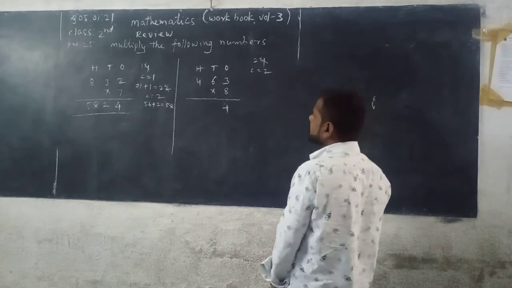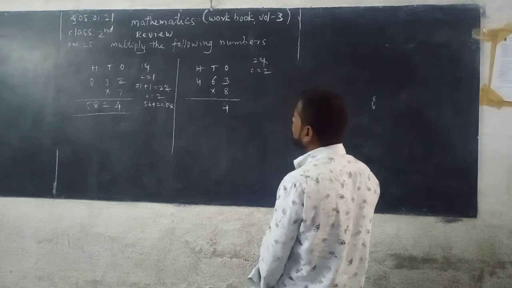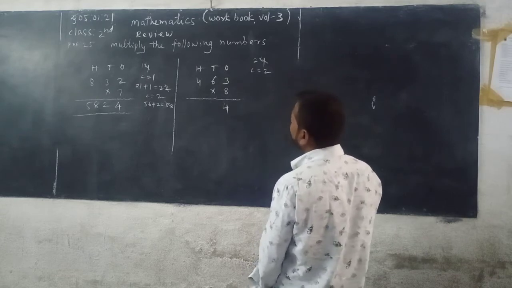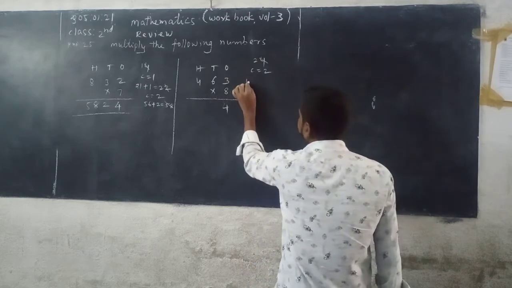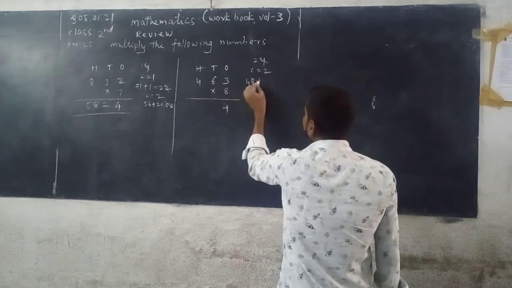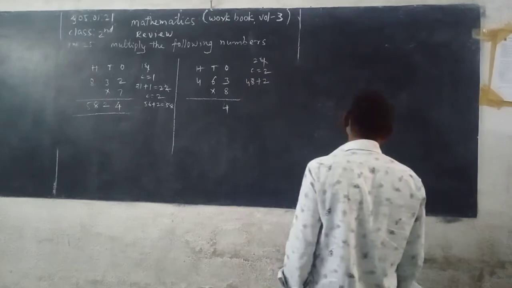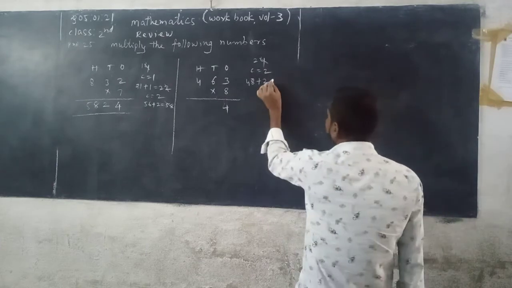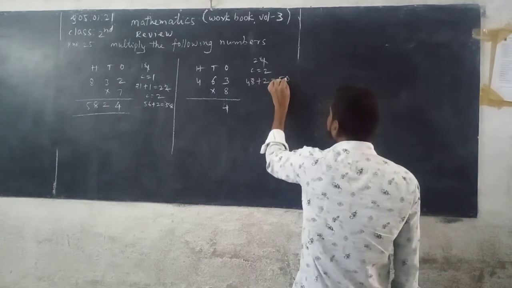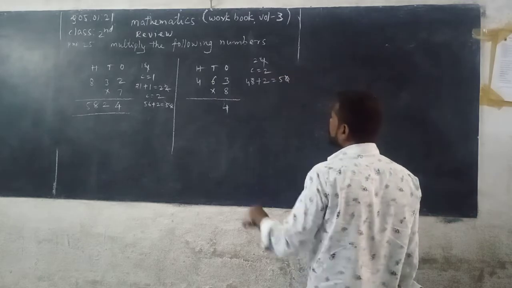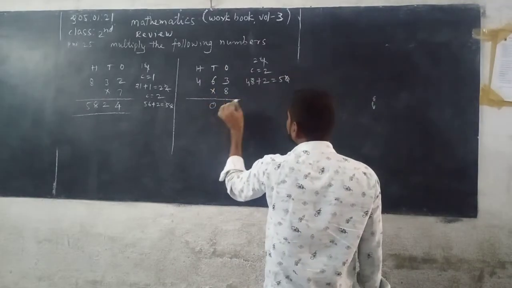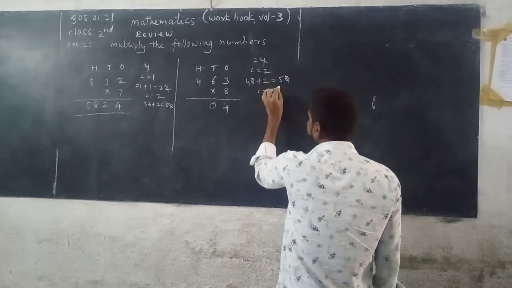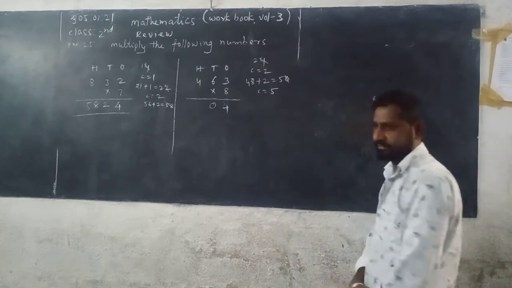Next we multiply the digit in the tens place, 6 with 8. You can read the 8 table. 8 6s are 48. 2 is added to 48 because 2 is the previous carry. So 48 plus 2, you get 50. In it, 0 is taken and written down in the tens column of the product, and carry 5. Number 5 is the carry.